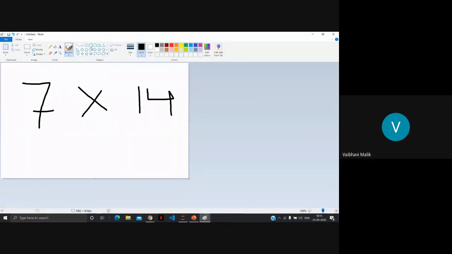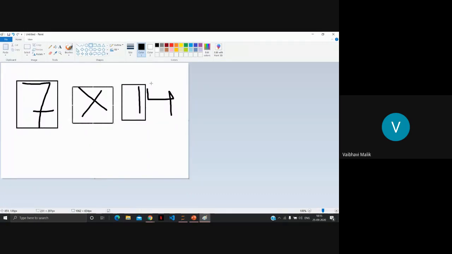What our function will do, sometimes it happens, for example, I have the contour for this like this. For 7 it will be this, for multiply it will be this, and for 4 it will be this. But sometimes our model detects one contour as this. So we have to remove the extra contours that we have. We need only 7 multiply 1 and 4. But sometimes extra contours occur. So we have to remove these extra contours and dump them.